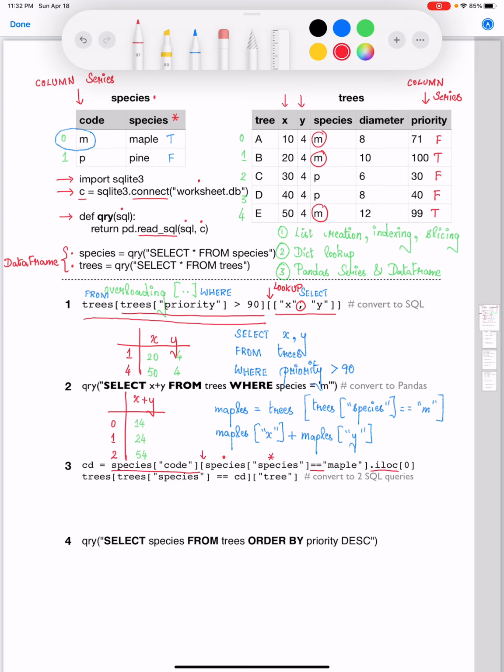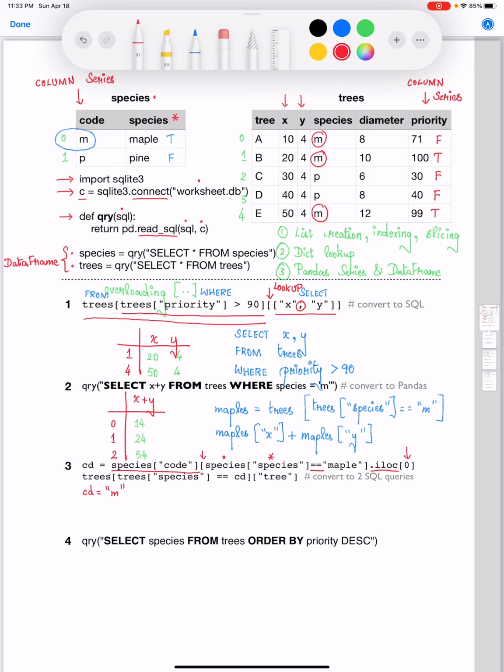Recall that iloc stands for integer position location lookup, and the position that we want to look up here is 0. So we are simply going to retrieve the corresponding value, which is going to be the string m over here. So the cd variable is simply going to store the string m.